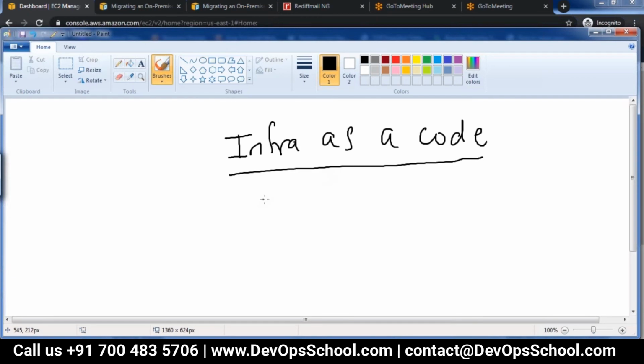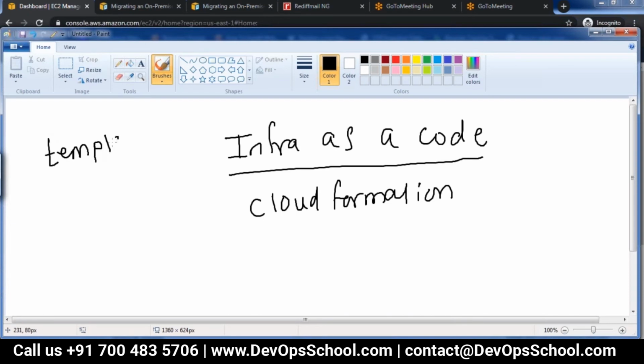AWS also supports it, and the service name is CloudFormation. Here, how it functions is there is something called a template, and there are 2 formats which are supported.